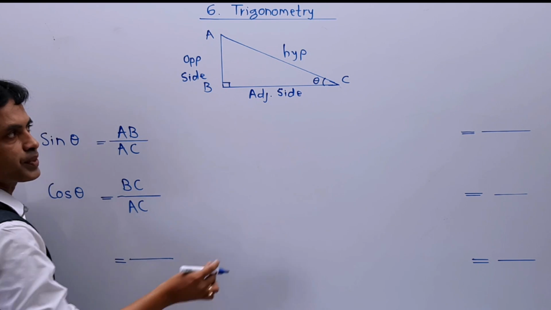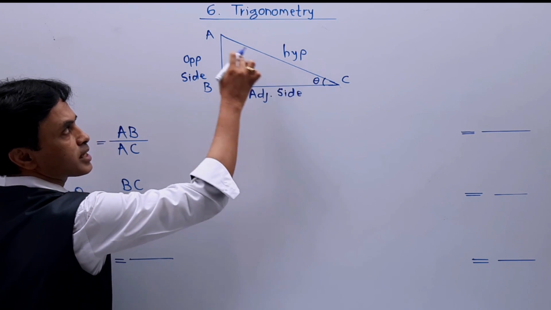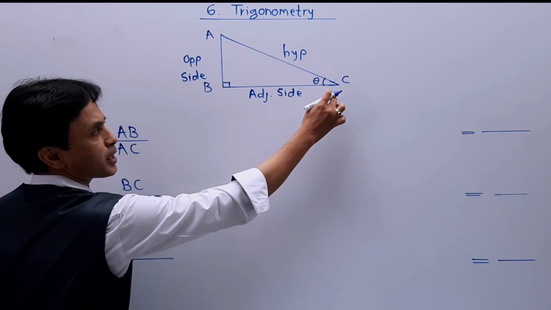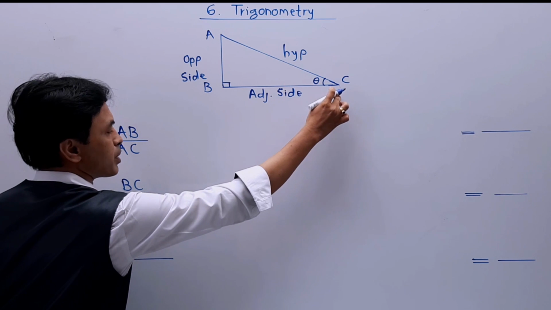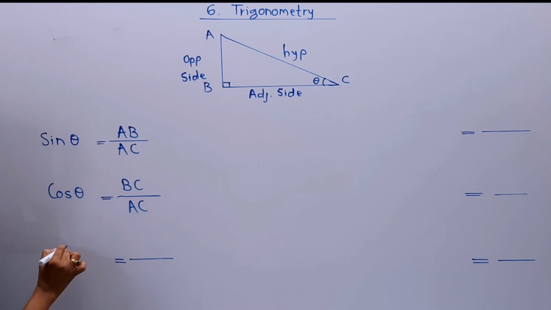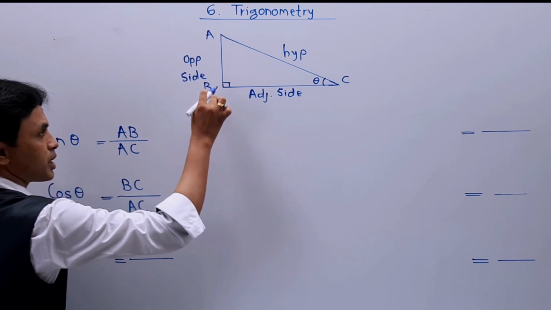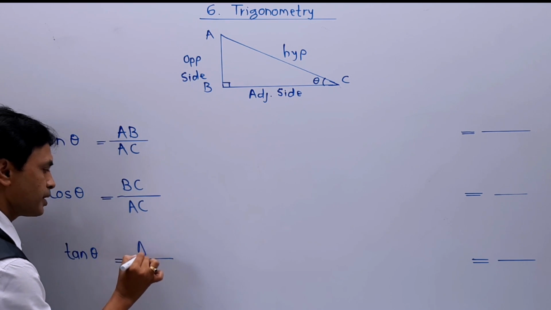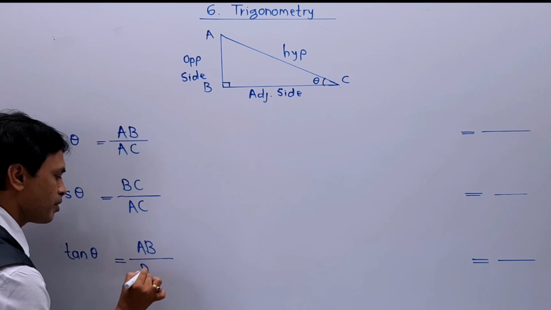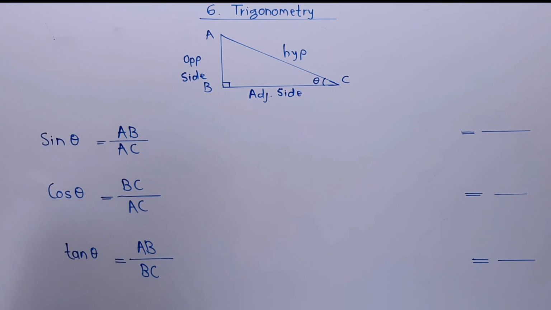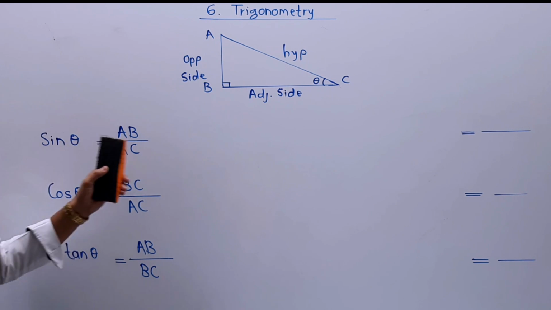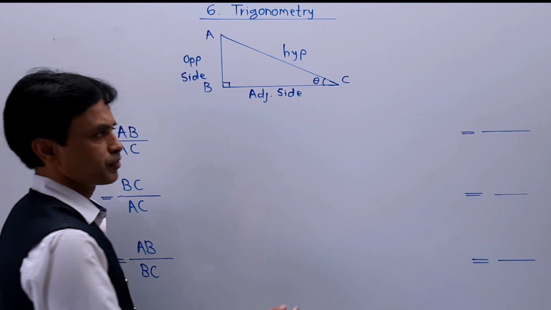And the third formula, that is tan theta. Tan theta is nothing but opposite side upon adjacent side, AB upon BC. Therefore tan theta is equal to AB upon BC. In this way we have written all three formulae. Moving to the next formulae. Sin, cos and tan have exactly opposite ratios available, and the first is